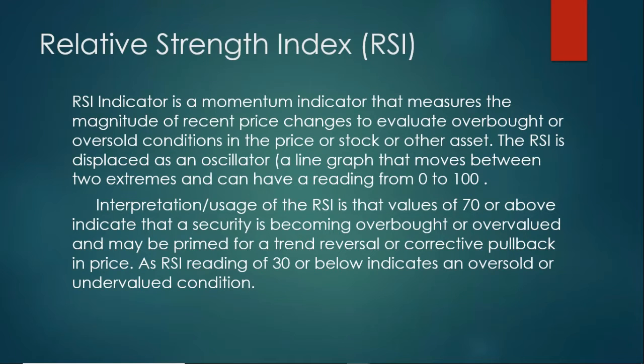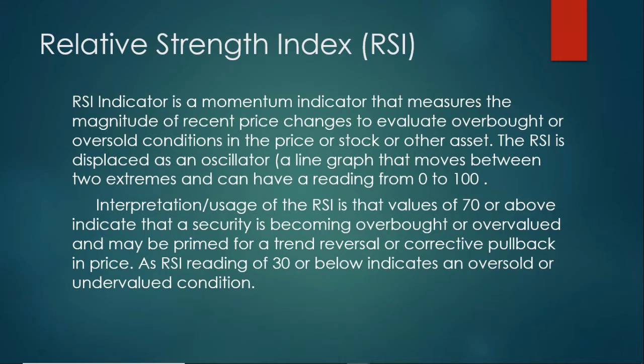In the same way, when RSI reaches 70 or above, its value will not increase more than that. That's the limit of it. It can't go above 70, 80, 90. It will never go above 90 or 100. So what happens at that point? The value of the share should come back to normal. It will come down, so at that time you should always take a sell order.